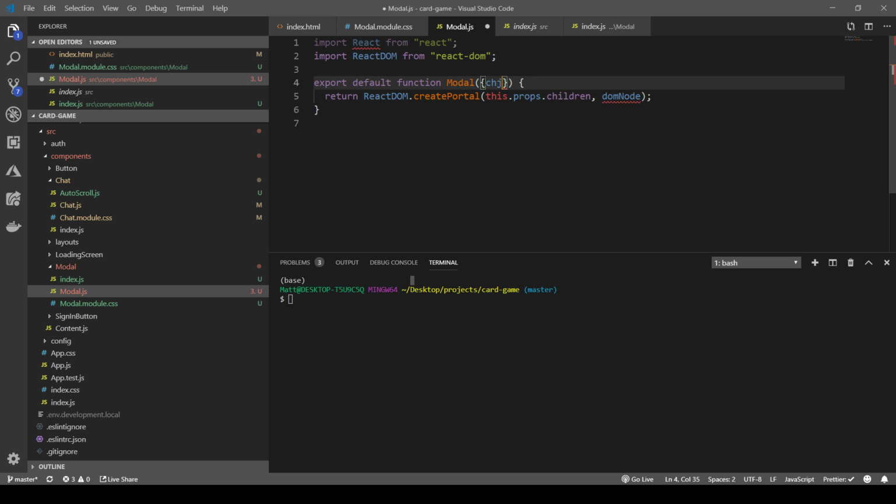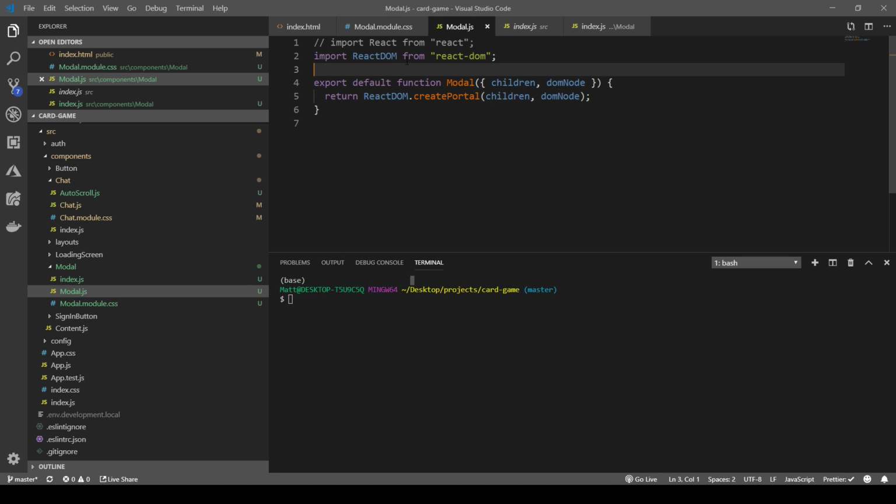Children, let's destructure that for the moment. DOM node. So the modal will take children and I guess a DOM node property. Sure, why not? Very, very simple. Whoops, DOM node. Alright, I guess for now we don't need React here. Interesting. Okay,